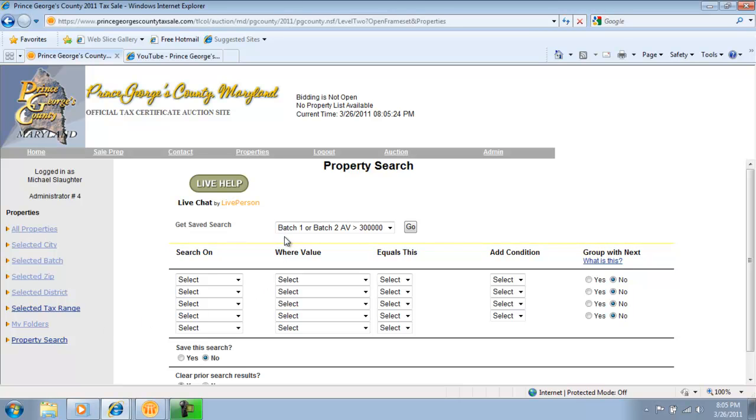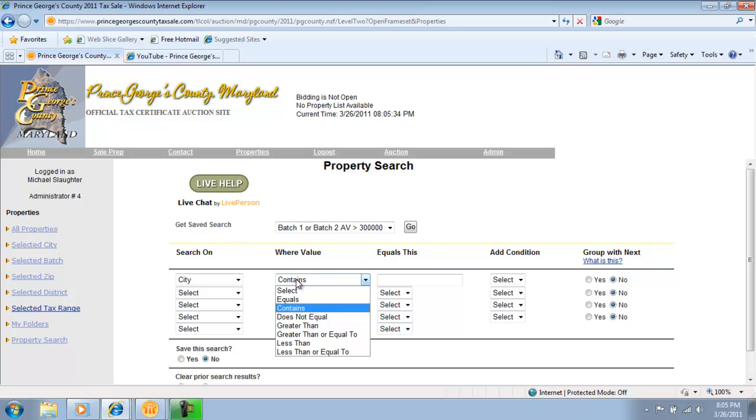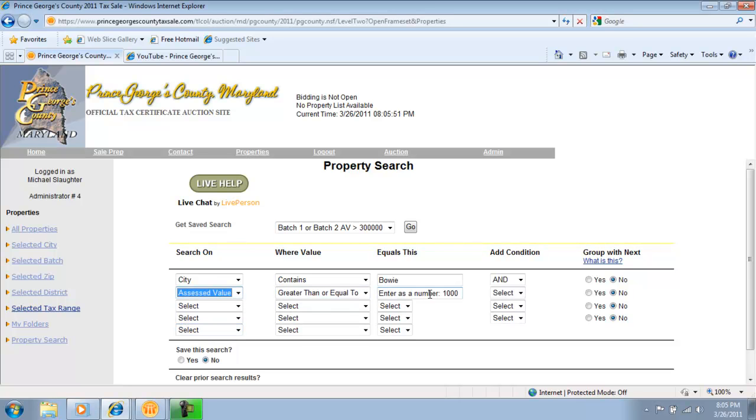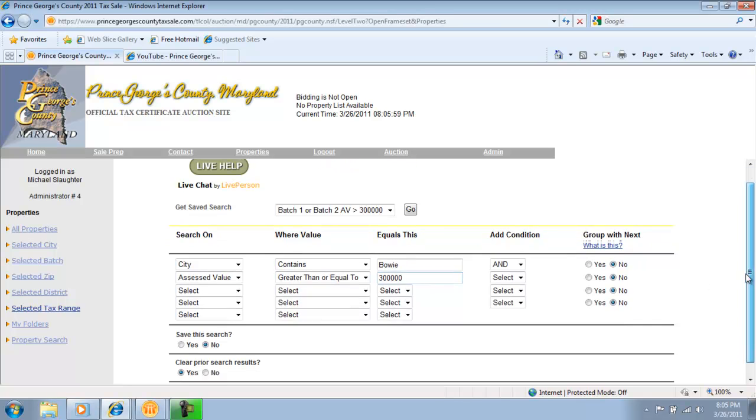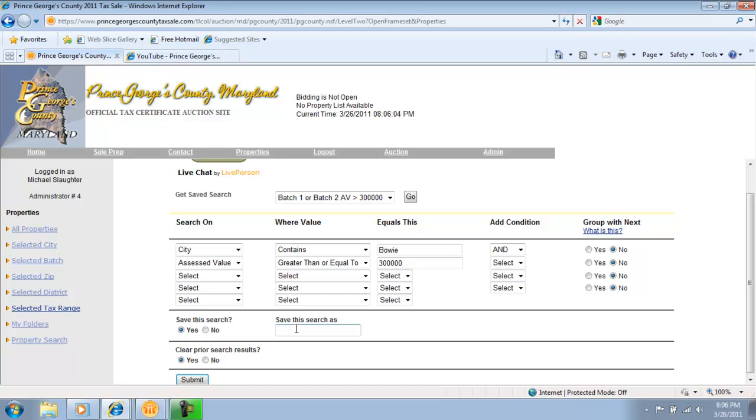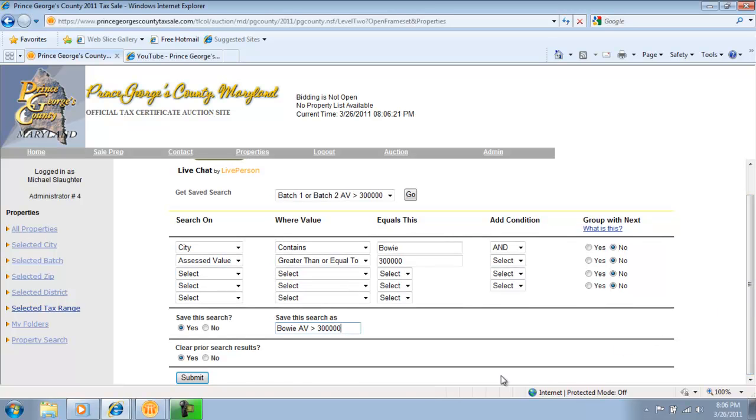So let's say, for example, that I'm interested in creating a search that's based on city, and I select city equals or contains, either one will work. And I type in Bowie, and I say, and the assessed value is greater than or equal to $300,000. Whoops. And then I can save this search if I want to, because again, the property list is going to change, and I can come back here and rerun this search every time the property list changes, and I can just call this Bowie assessed value greater than 300,000. And I can clear my prior search results, or I can just add to them. In this case, I'm going to say clear the prior search results, click the submit button,